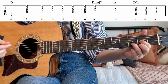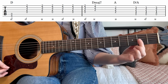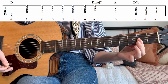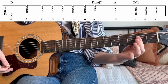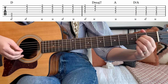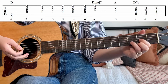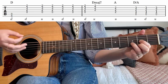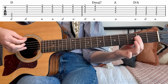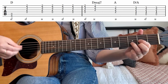The second half of the riff is going to be a down strum on D. We're then going to take our first finger and bar it over the G, B, and E strings for an up strum. This barred chord will then be moved up slightly to cover the D, G, and B strings for an A chord, and it will also be an up. So up till that point, from the D, starting at the beginning, we'll have down, down, up, down, up, up. Okay, let's do it again from the D, down, down, up, down,